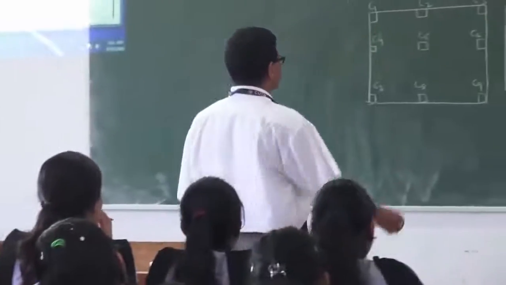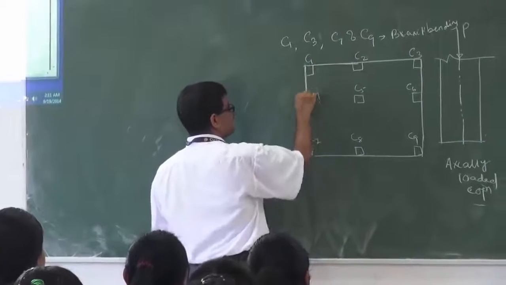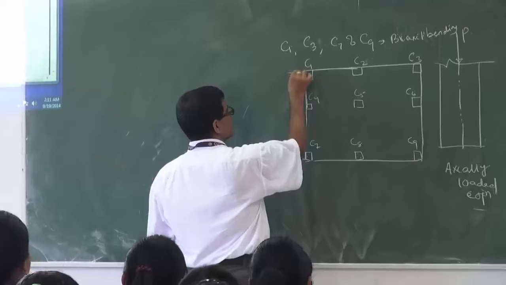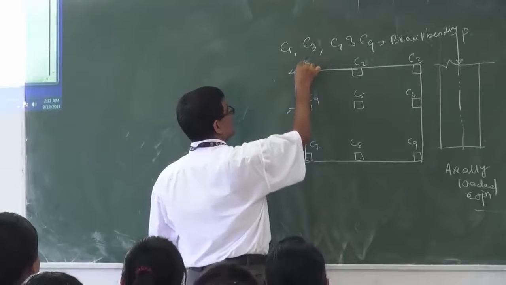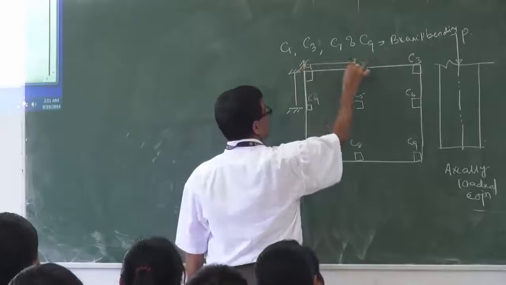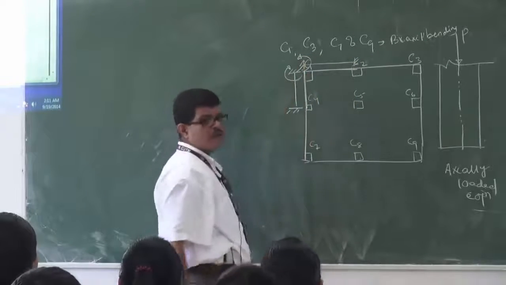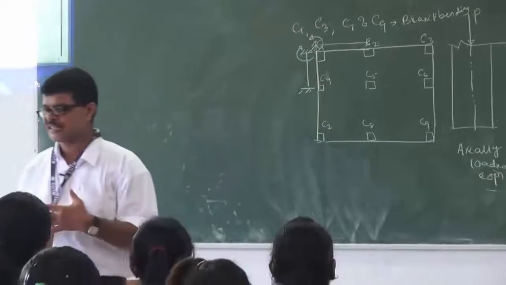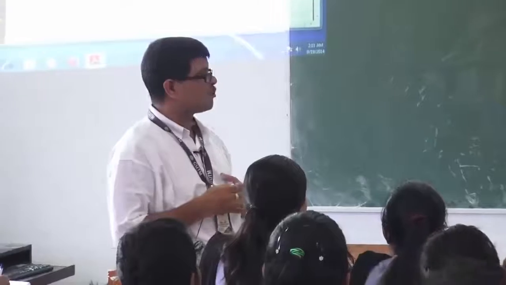How will it come? This is a beam here and this is a beam here. So these beams will be treated as fixed ends, with both ends fixed. Now here will be a moment and here will be a moment. Moment will come from both axes. That is why it is called biaxial bending. Okay, moment will come from both sides.